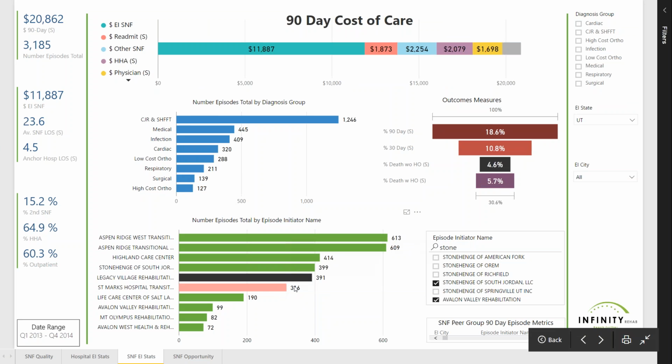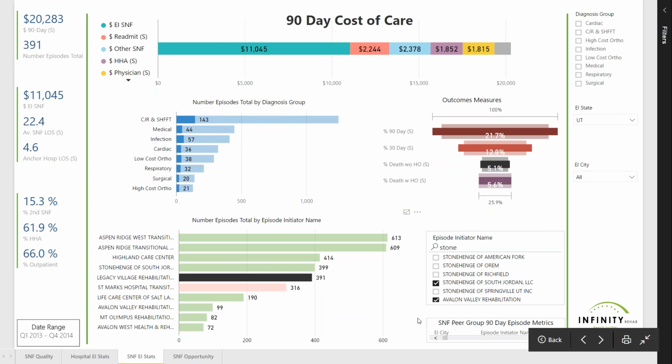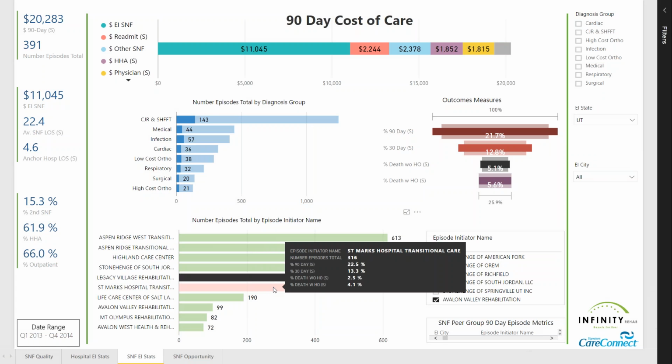So what we're doing now is we're trying to compare all the SNFs that compete in this market. First off, let's click on the SNF we are referring to. As you can see, the reason they're not in any kind of preferred network is that if someone checked their data out, in fact, their readmission rates are worse than the market average. Now the SNF has an explanation for why it is that they're getting fewer referrals. But on the flip side, there's an opportunity